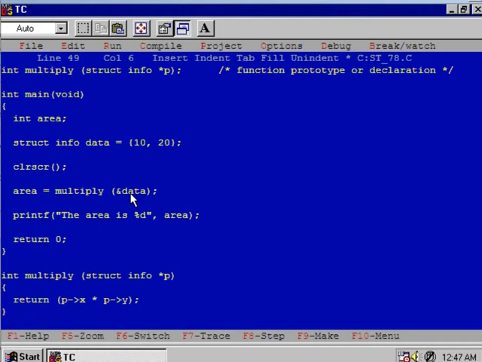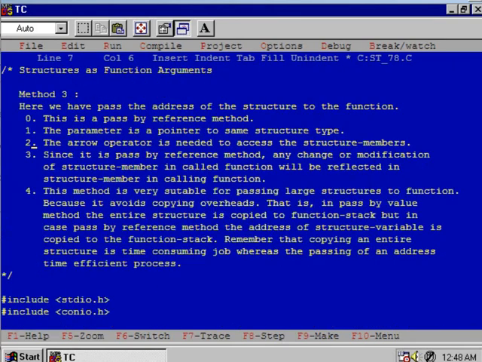Actually we have sent the original structure variable data to the function, and that's why if you modify the members of the structure variable data in the function multiply, then it will reflect in the original values of members of structure variable data. Is it clear? Understood this point?